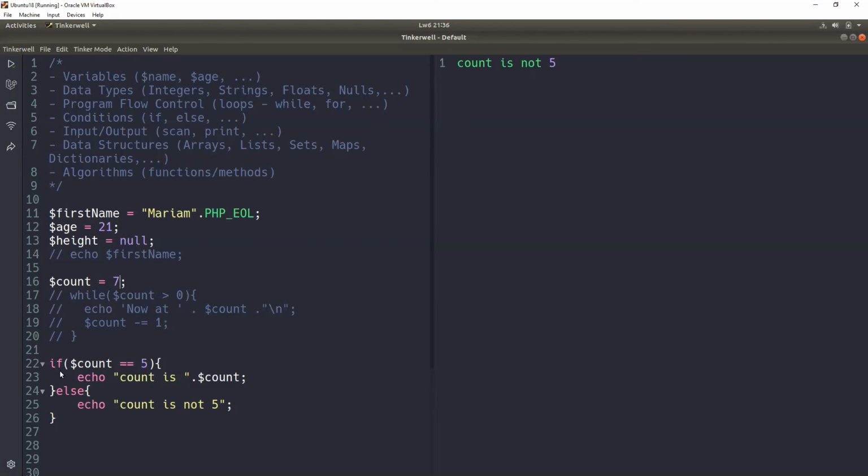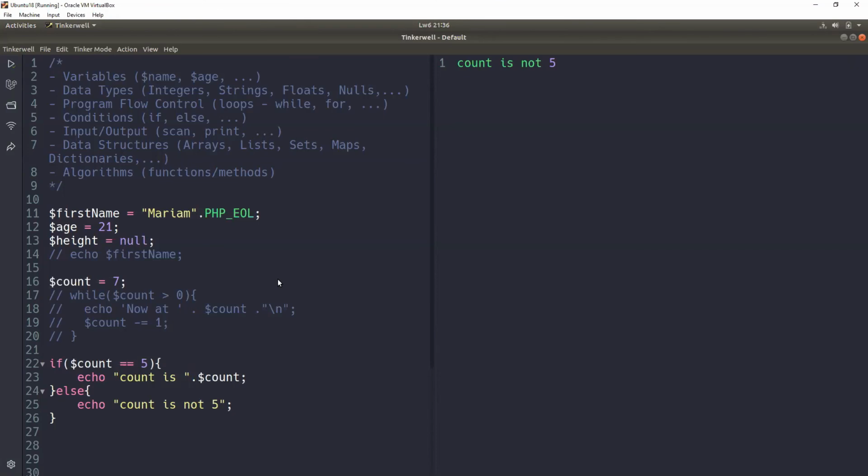So if statements just check for the truth of a statement. So you could do equals. To check whether something is equal to, you use double equal signs, because a single equal sign is for assigning a value to a variable. So to check, you use the double equals. You could use greater than or less than, all those checking signs that you could use.